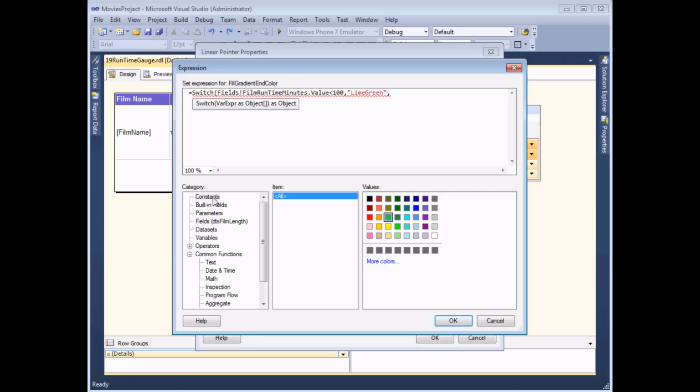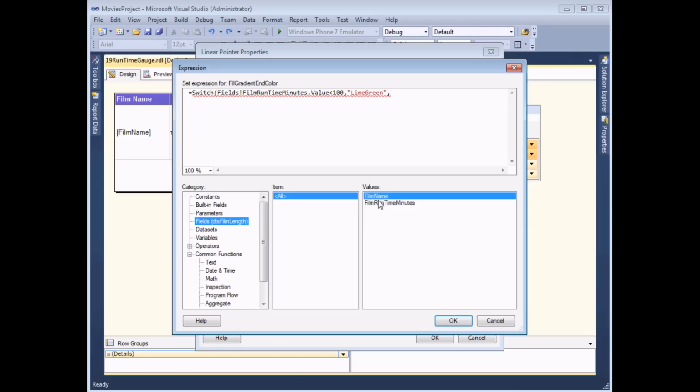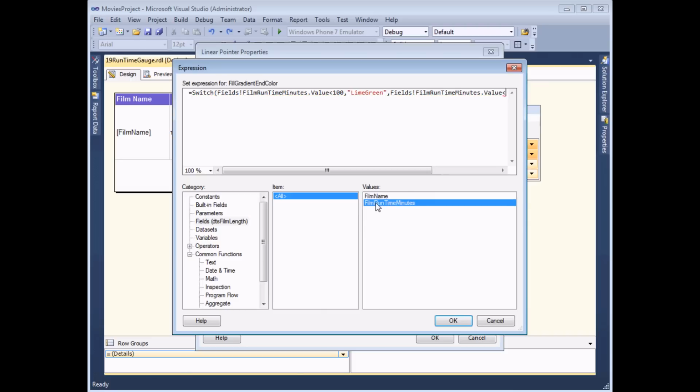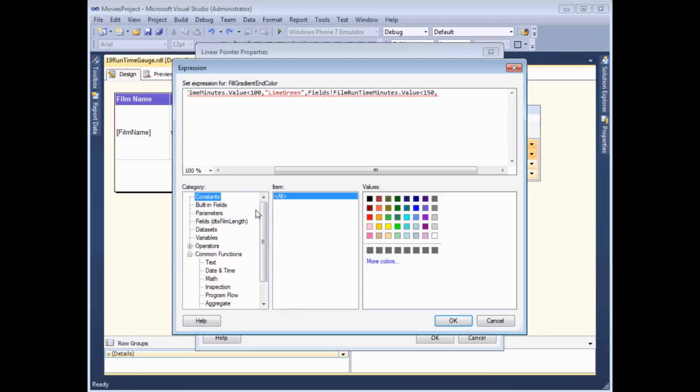If I type in another comma, I can check if the film runtime minutes is less than 150, followed by a comma, and if that's true, I want to show orange. Finally, for anything else, I can simply type in the word true, followed by another comma, and then the colour I'd like those films to be. So basically anything that's 150 minutes or more. If I close round brackets,